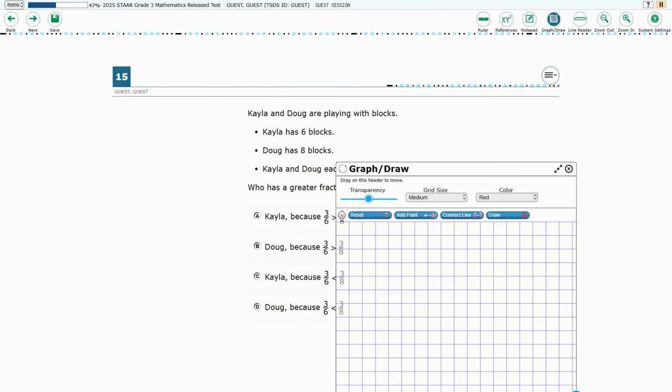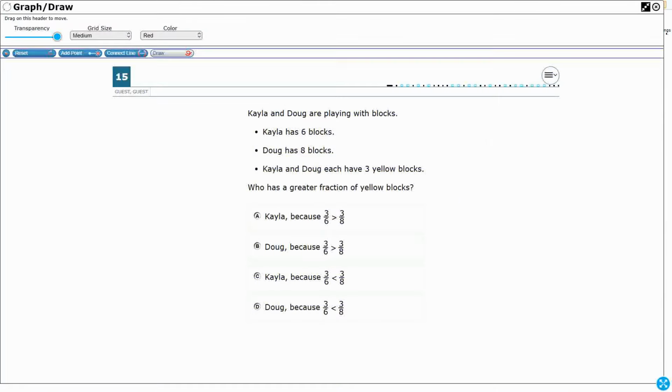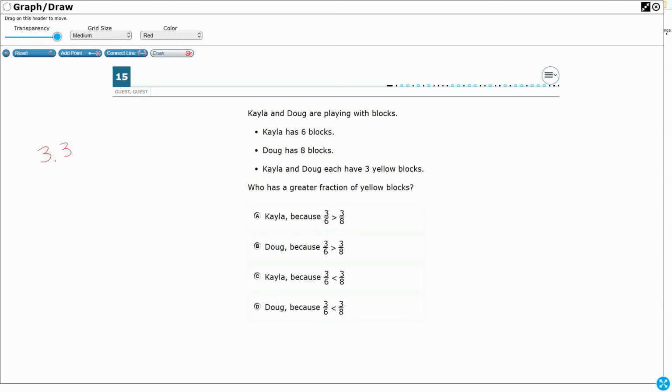For number 15, we are looking at 3.3h. We are comparing fractions. Now, when we're dealing with comparing fractions in third grade, we don't need to draw pictures. We can compare because they either have the same numerator or the same denominator. So they have the same